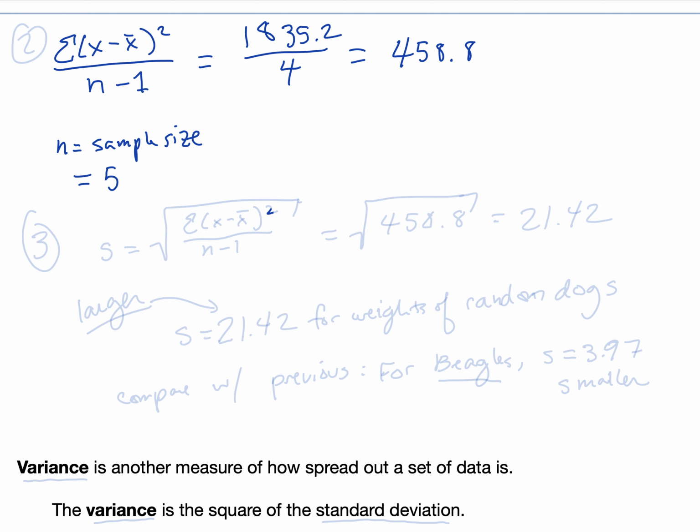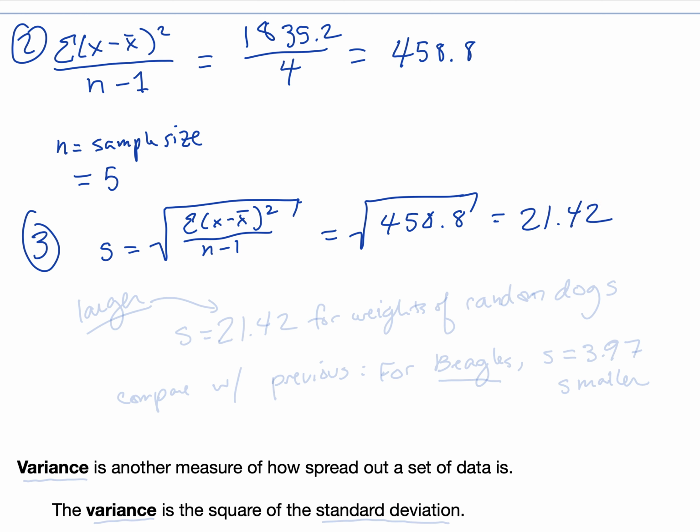Finally, our last step, so this was step 2, our last step is to take the square root of that, and S, the standard deviation, will be the square root of, just writing the formula again, each data value minus the mean squared divided by n minus 1, the sample size minus 1, which is the square root of 458.8, and so that is 21.42. So our standard deviation S is 21.42,